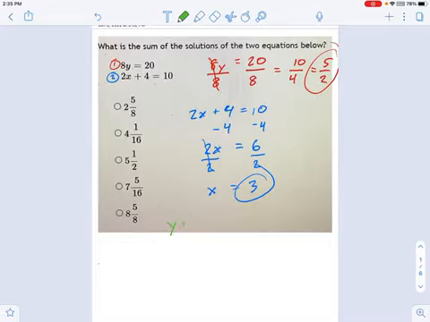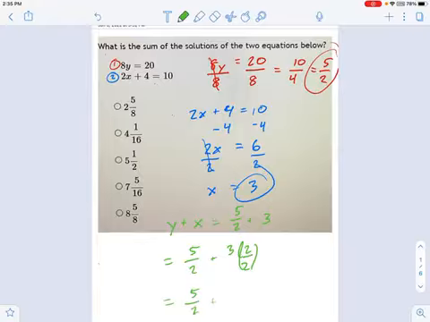We're going to say y plus x equals 5 halves plus 3. Well, that requires some knowledge of fractions. And remember common denominators? 3 times 2 over 2. We're going to do common denominators here, and that becomes 5 halves plus 6 halves. Now that they have the same denominator, I can add these things together, and I get 11 halves.